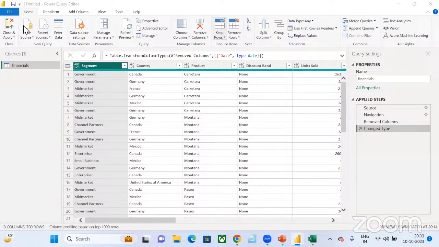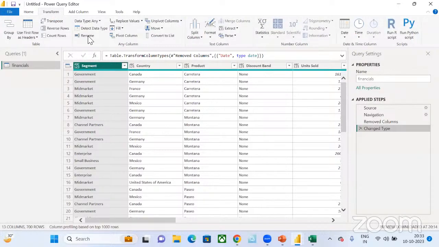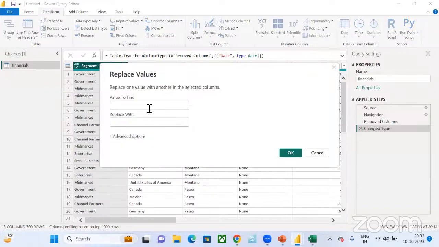Next, we go to transformation. If you want to rename a column, you can rename it like this. For example, if I want to replace a value, can you see Control H in Excel? I've used Control H in Excel to find and replace. I want to replace the text government with GOVT. So I select this column and say replace values. What value I want to find is government, and I want to replace that with GOVT. If I say okay,